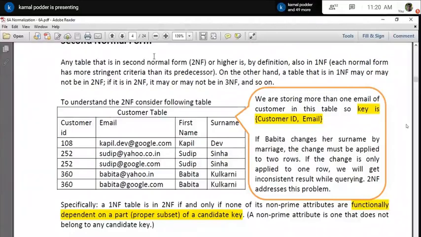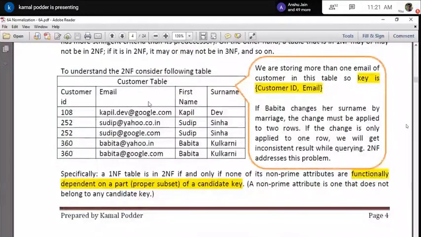So any table that is in the second normal form or higher, when it is third, by definition it is always satisfying the first normal form also. That means if you really achieve the second normal form, you have achieved all the lower levels, from the first onward. If you are achieving the third normal form, that means you have to achieve the first, second, and third. You cannot jump to the third. That is not feasible and not possible. So you have to first apply the first normal form, achieve that, then the guideline of the second normal form, achieve that, then the third. In this process you have to go.